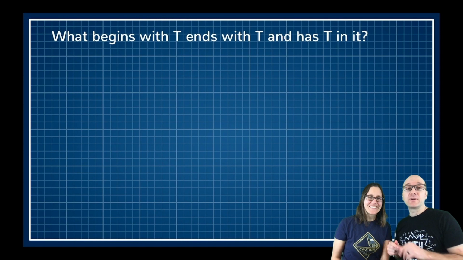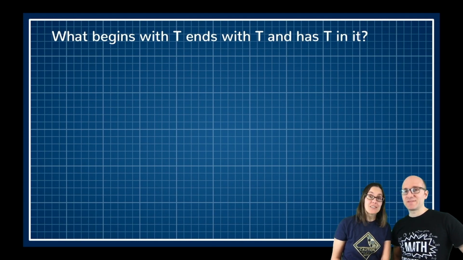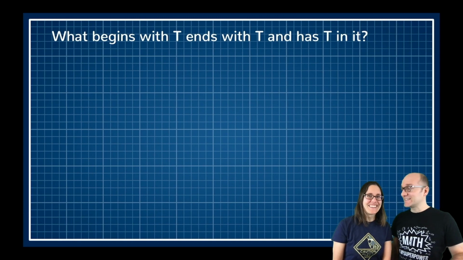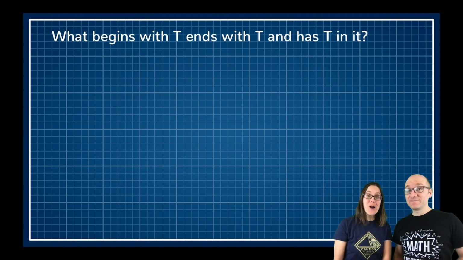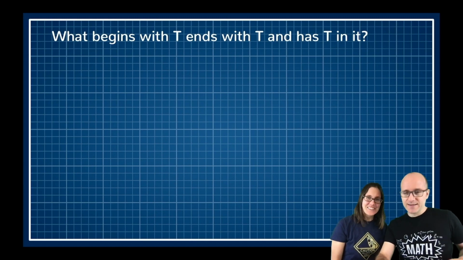All right, I have a riddle for you here, Science Mom. What begins with T, ends with T, and has T in it? Tortellini starts with T and has a T in it, but it doesn't end with T. That's true. Tortellini. I don't know. What is it? It's teapot. Oh, teapot, because it has tea inside the pot. Very nice. That's right. So not the letter T, but rather actual tea.